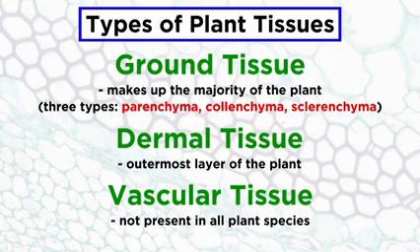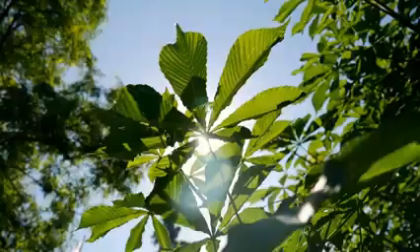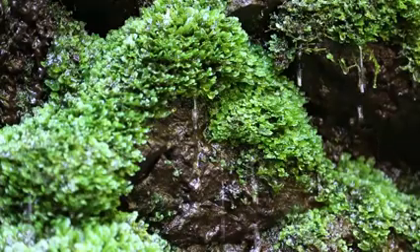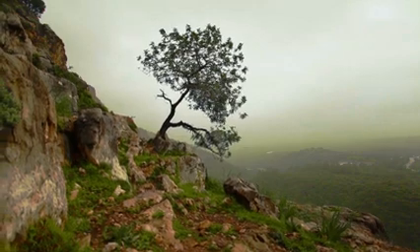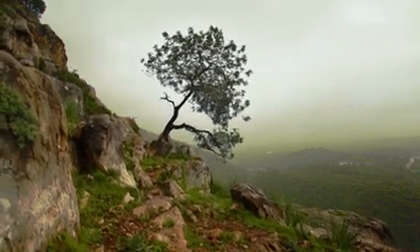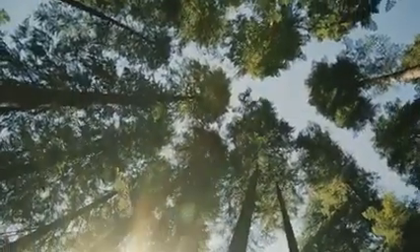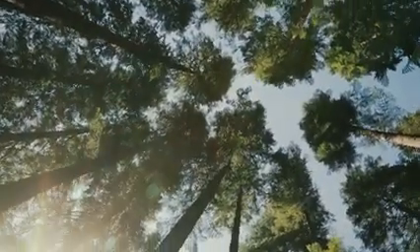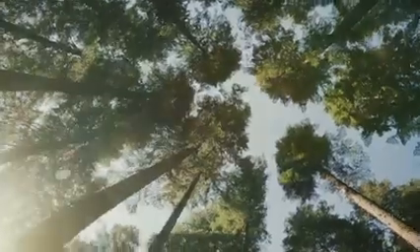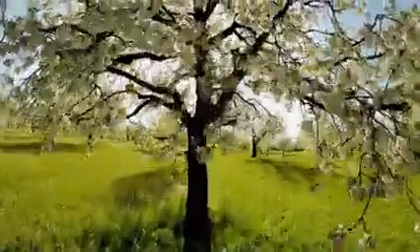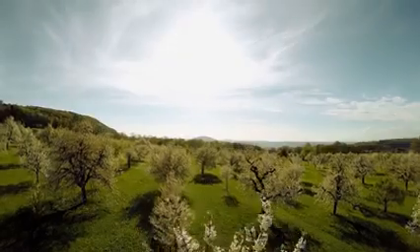Vascular tissues are the main characteristic that separates vascular plants, like trees, from non-vascular plants, like mosses, and it allows vascular plants to have a wider variety of growth strategies. Vascular tissue is important for large plants like shrubs and trees because it redistributes water and nutrients throughout a plant's body, allowing for trees to grow tall without losing the capacity for nutrient transport between distantly separated parts, like the